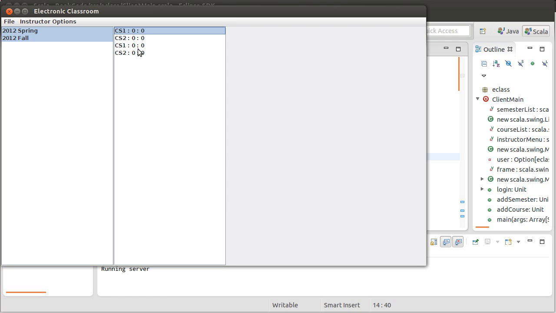So the next question is, what should this look like when we click on a course? And this is a little bit of analysis that we haven't really done yet. We've kind of talked about the fact that something needs to go over here, but we haven't talked in detail about what goes inside of a course. In fact, there's going to be some activities. And in some ways, what I'd kind of like to do at this point is just lay out the GUI a little bit, make it so that it is different for, say,